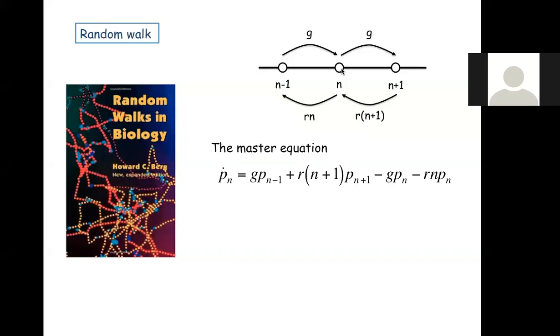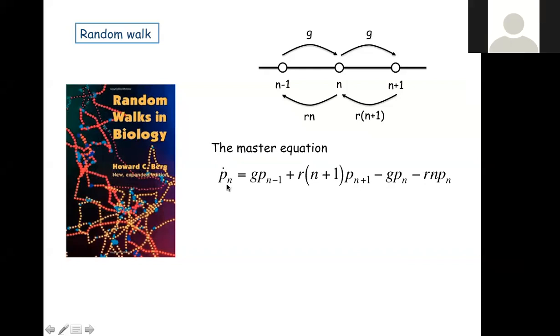And so we have this master equation. Now these P's are probabilities, probability states. The dot over the P means time derivative, the rate of change of Pn. Pn means the probability of finding the system in the n state. Pn minus 1 is the probability of finding the system in the n minus 1 state. So this shows the kinetics. I would say use the word kinetics rather than dynamics. It is a discrete kinetics.